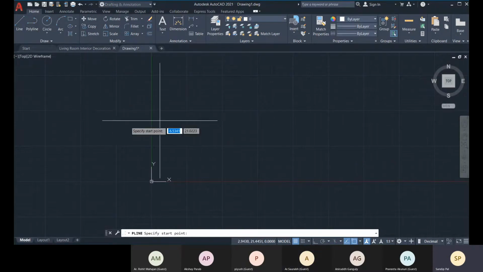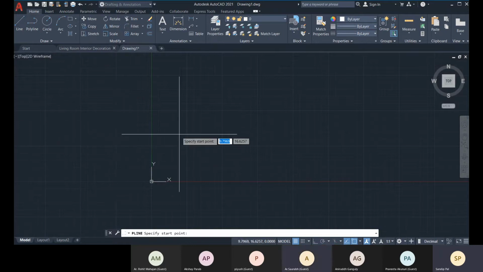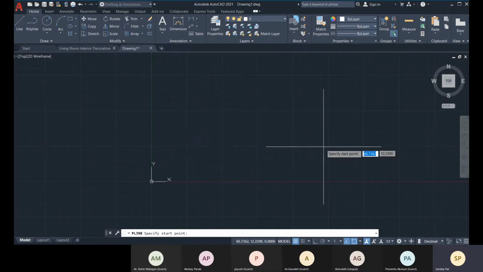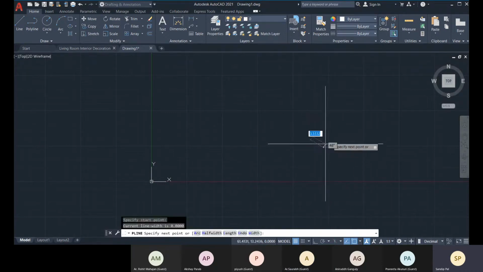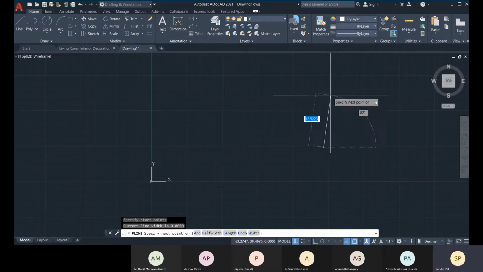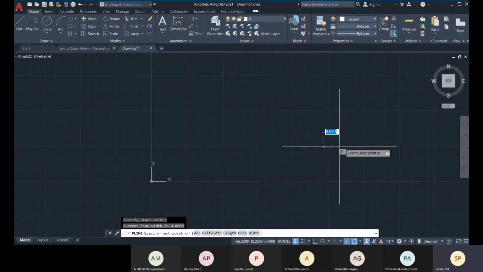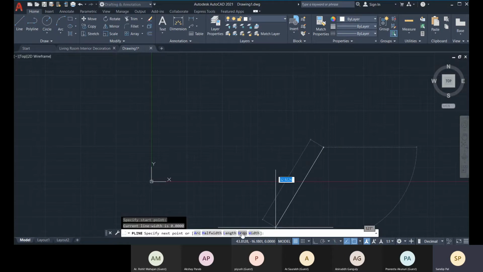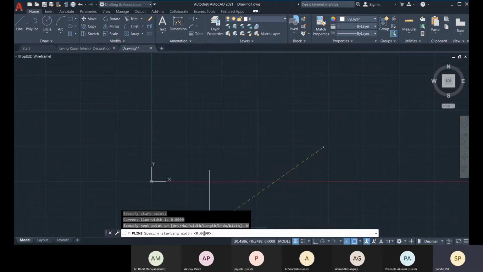direction. So for creating the north direction, I'm using Polyline. Polyline is a tool which allows you to create a single object with lines and arcs. I'm going to create a point first, and then I can define another point to create a line segment, and I can give that line a width, or with the half width I can give a thickness to it. The width option is available here, so I can directly provide the width.